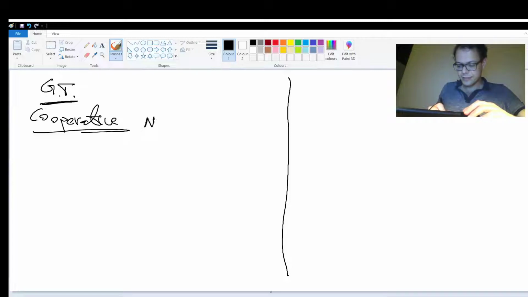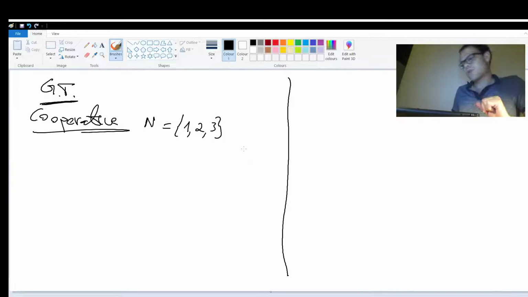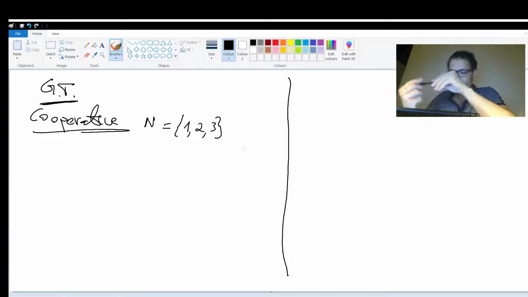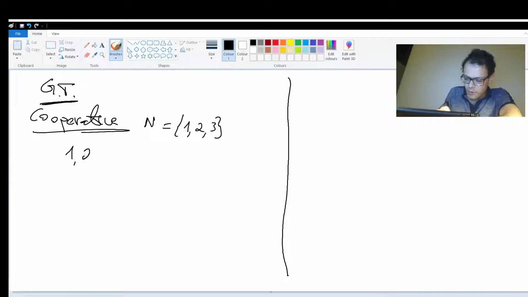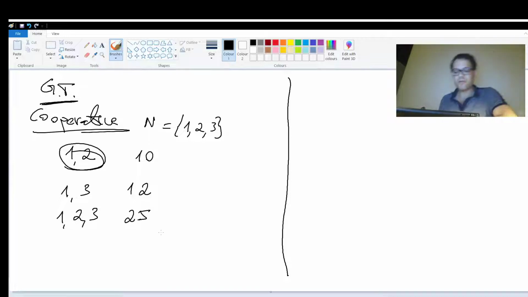they model the set of agents, the set of players who play. Let's say you have 1, 2, 3. Those are the names of 3 companies on the market. And you can model what each coalition is able to achieve. So if company 1 and company 2 come together, then let's say they are able to achieve 10 units of profit. If company 1 and company 3 come together, then they're able to achieve 12 units of profit. If all the companies come together, then they're able to achieve 25 units of profit. For example,